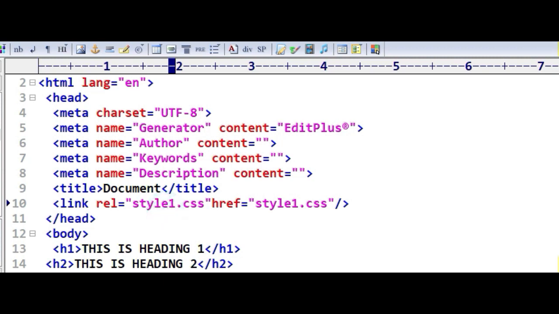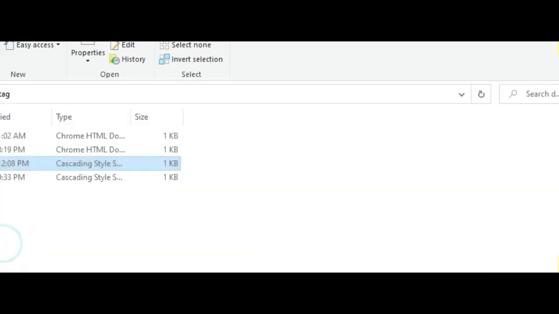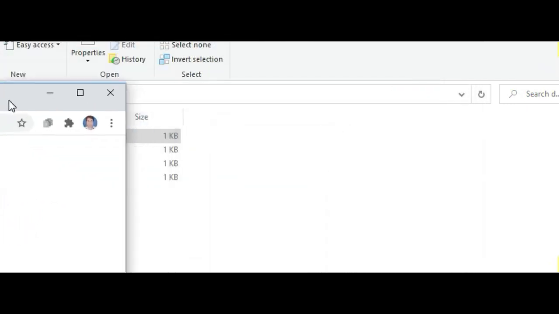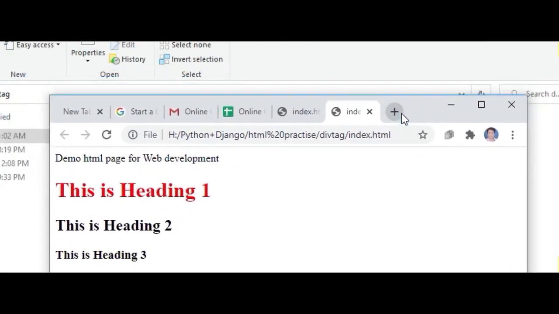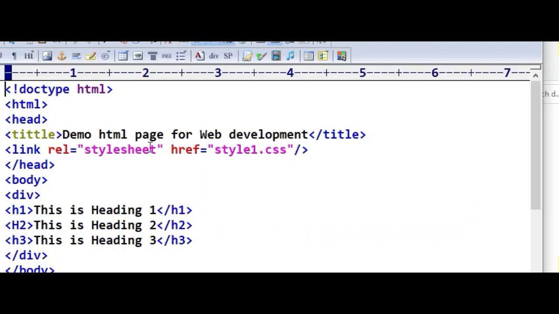So in this way, when we are running it, first save. When we run this, we can see that only one heading is in color, because we have written the link rel stylesheet href style1.css.